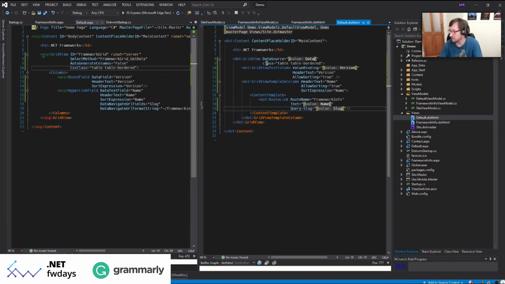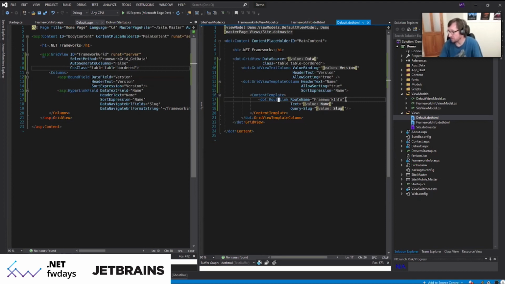Class is still basically the same. We have a grid view text column, and it doesn't have as many different kinds of fields that you can put into columns directly, but it does have this grid view template column, which again, similar to WPF, allows you to put whatever you want in the content template. And so here I'm using another feature of .vvm, which is the root link, which is very nice and allows me to specify